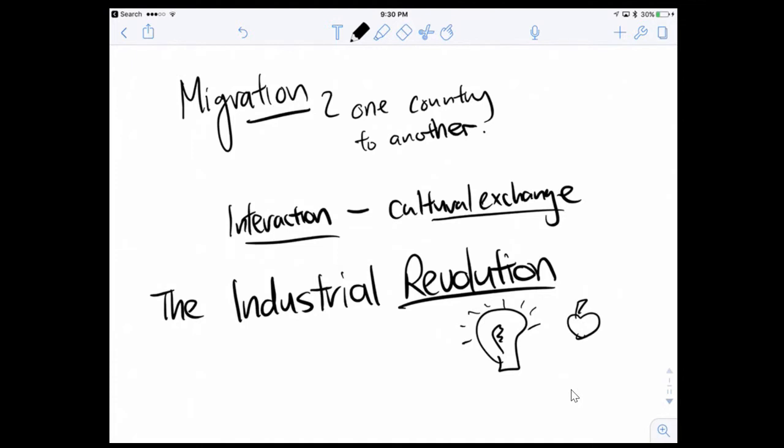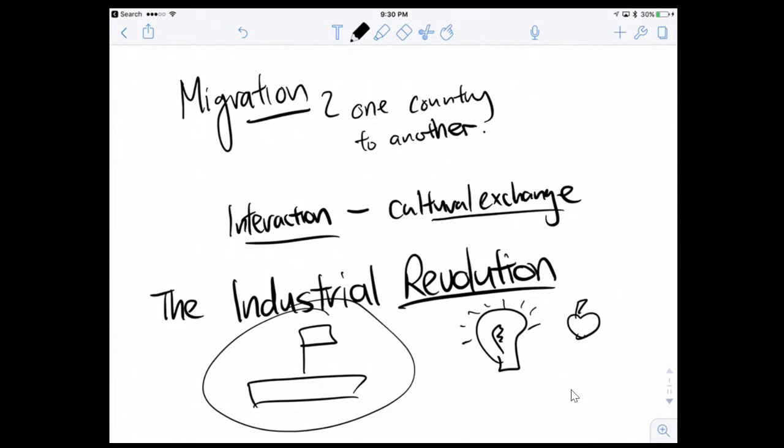So the main thing that they invented that led people to move from place to place is the ships. In the past they used this kind of ships to travel around, but because of this new thinking, they invented what we call steamships. The early steamships. So with steamships, people could travel faster and in a shorter period of time.